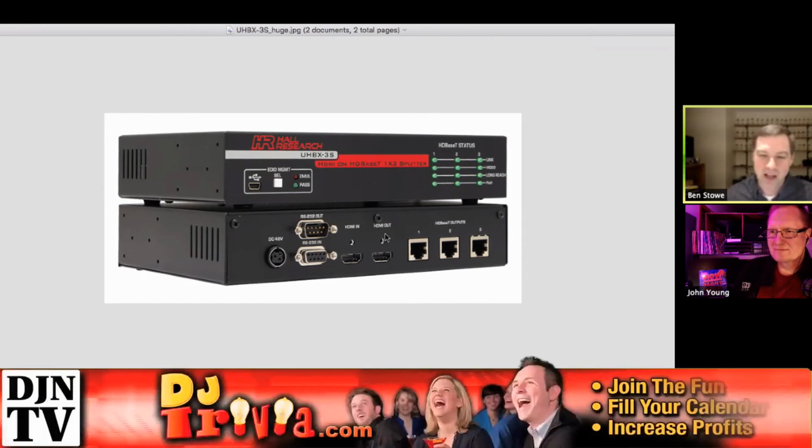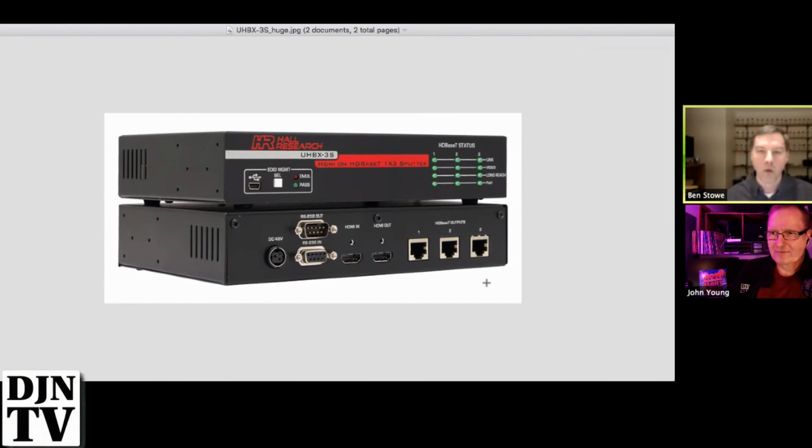But here you can see I've got an HDMI in, I've got an HDMI out, so I could have a local monitor, or I could go 25 feet to that first TV you talked about. Right. And then I've got three HDBaseT outputs that I could go potentially 100 meters each on. So some really cool things. And again, I could plug that right into an HDBaseT enabled projector, or I could use another HDBaseT certified receiver.